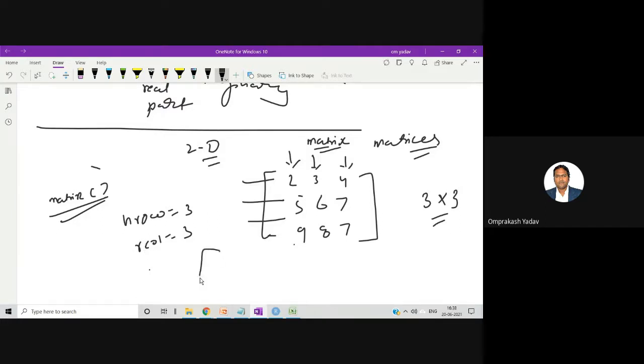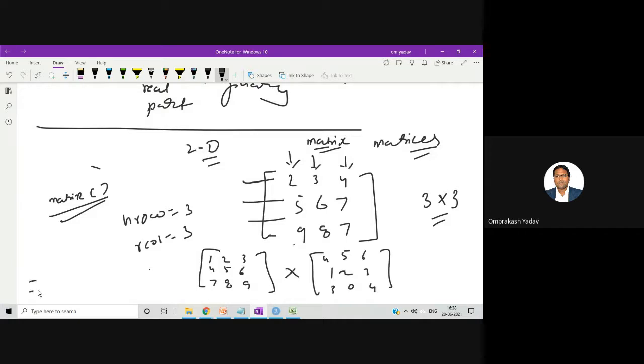Suppose we are having one matrix, 1 2 3 4 5 6 7 8 9, and we are multiplying it with another matrix, 4 5 6 1 2 3 3 0 4, let's say.